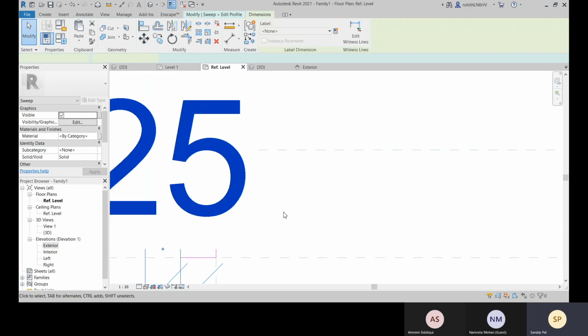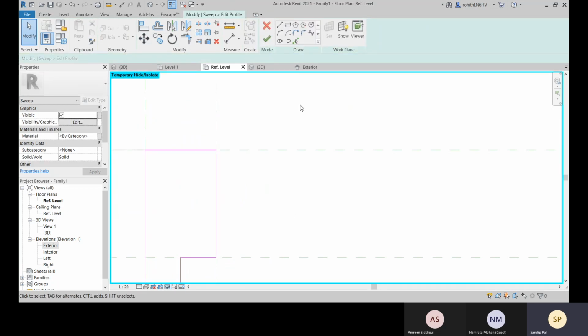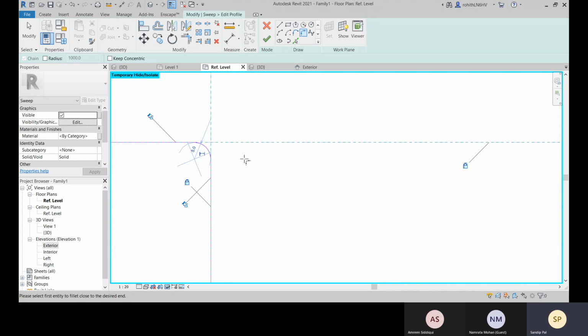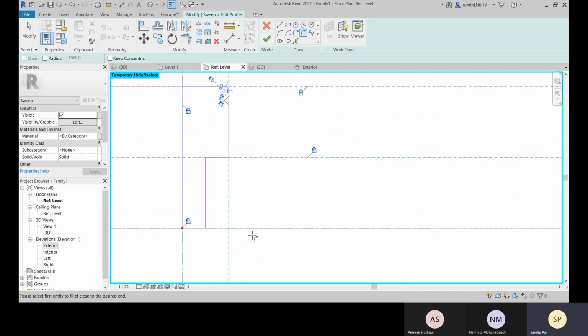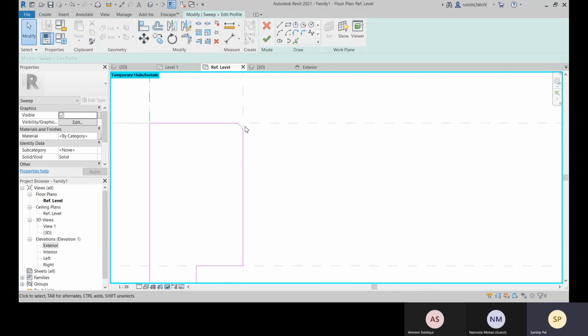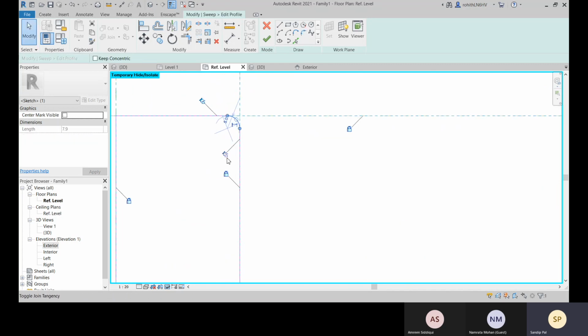Okay, so go with this fillet, and that is fine. And you always select this and also lock these. So this radius is locked right now.